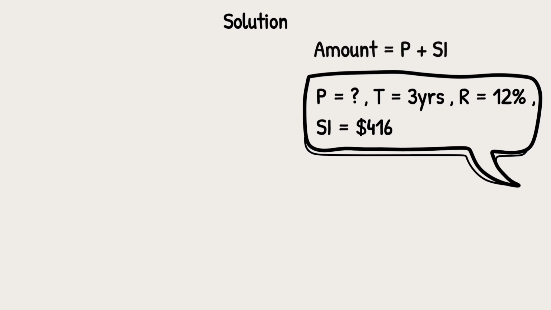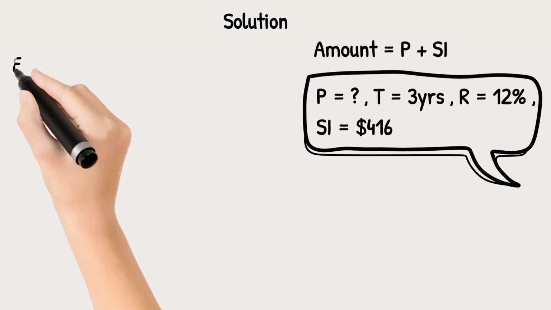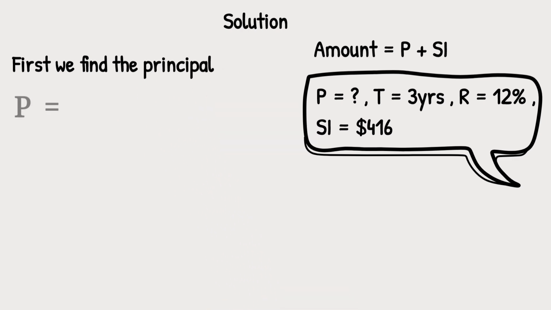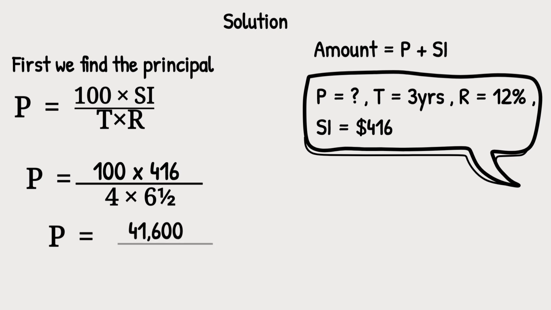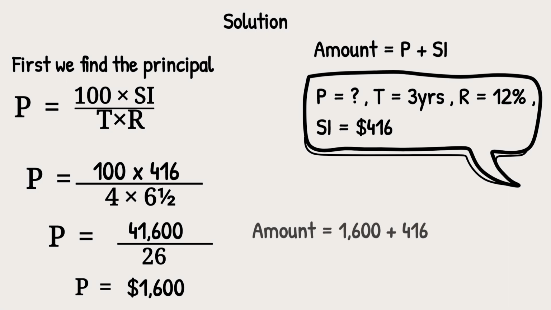Amount is the summation of principal and simple interest. So first we find the principal. The formula for principal is equal to 100 times simple interest over T, which is time, times R, which is rate. So 100 times 416 divided by 4 times 6.5. When you multiply 100 by 416, it will give you 41,600. Multiply 6.5 with 4, you will get 26. 41,600 divided by 26 will give us our principal, which is equal to